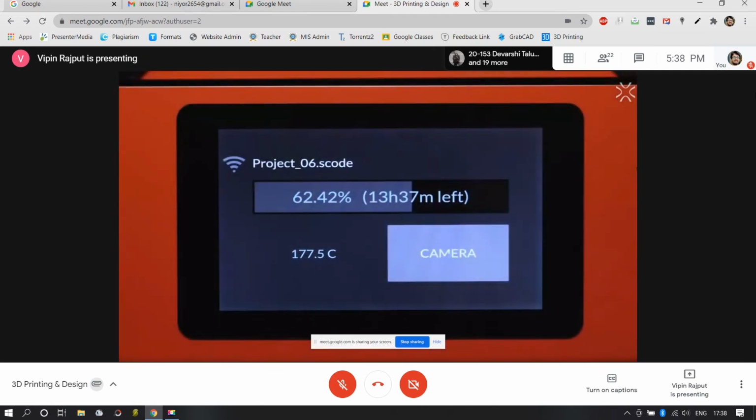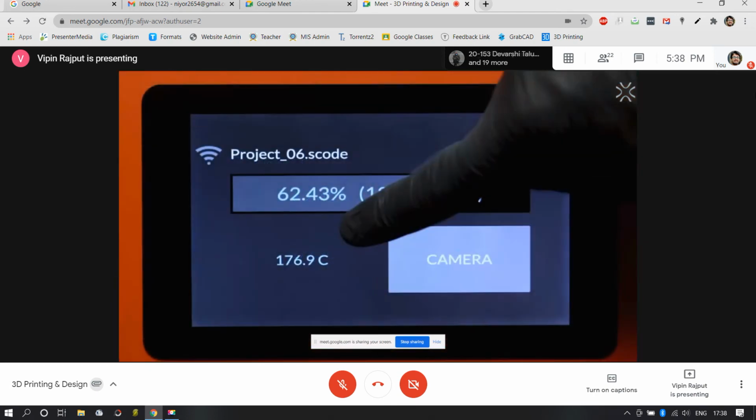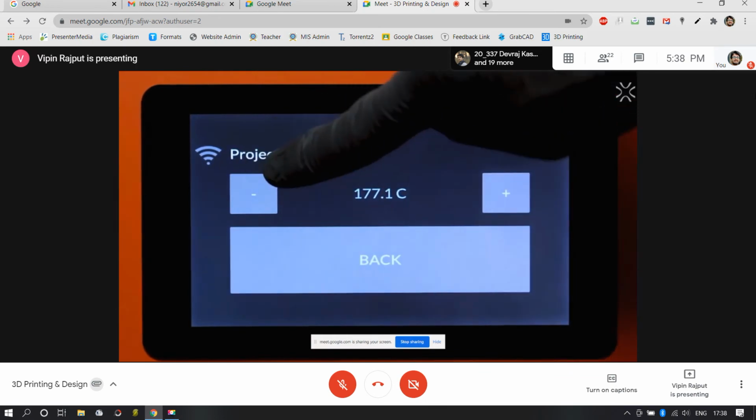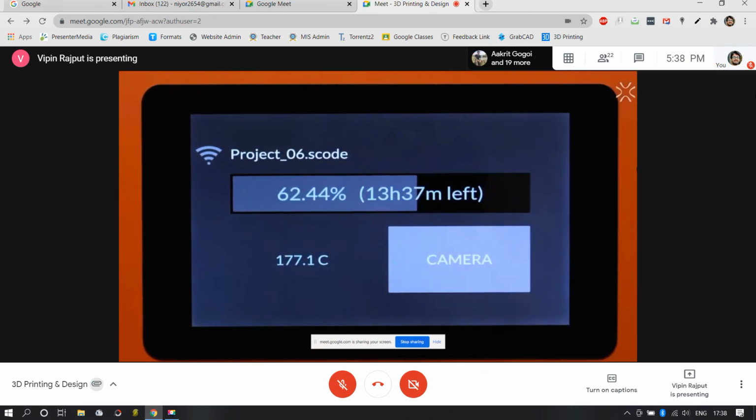During printing, you can also change the printing temperature. Just click the screen where the temperature is displayed and then make it higher or lower using arrows. For regular use, we don't recommend changing the temperature because the printer is calibrated for all our materials. Changing the temperature may affect print quality.